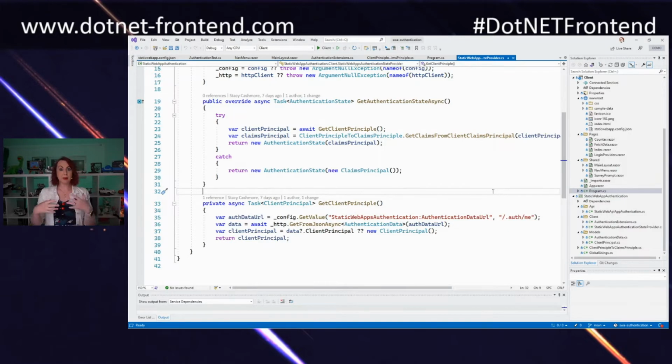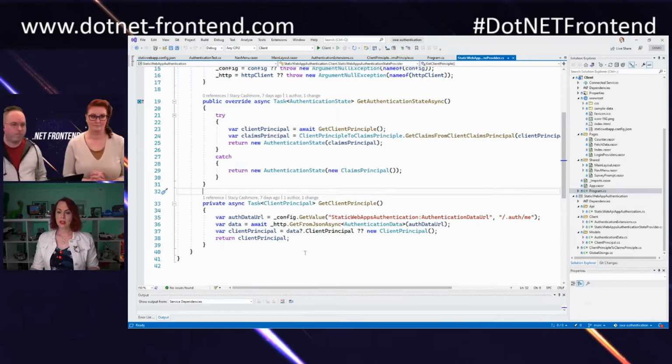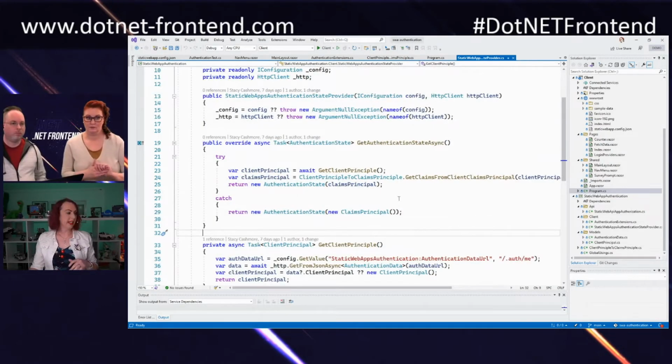This application's Blazor WebAssembly. It's running in the browser. When we make that call to .auth/me, we're sending the cookies along with it, and we can get this data back and use it. Once we've got this data,